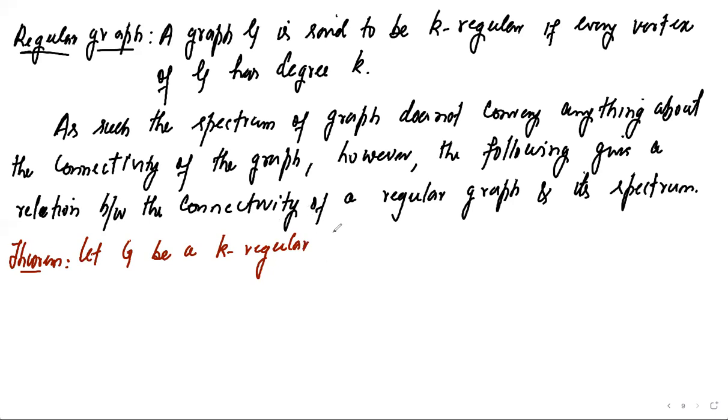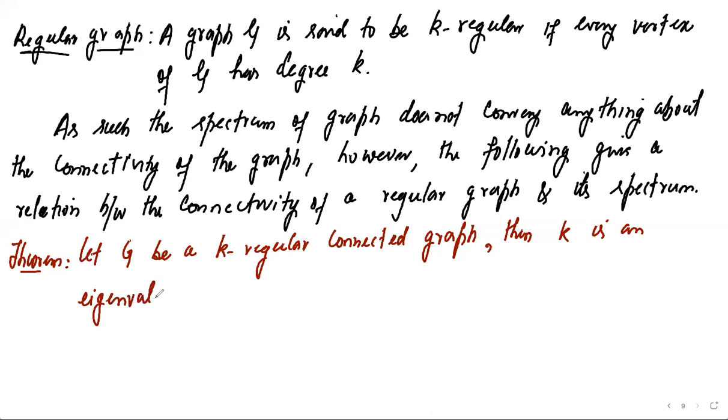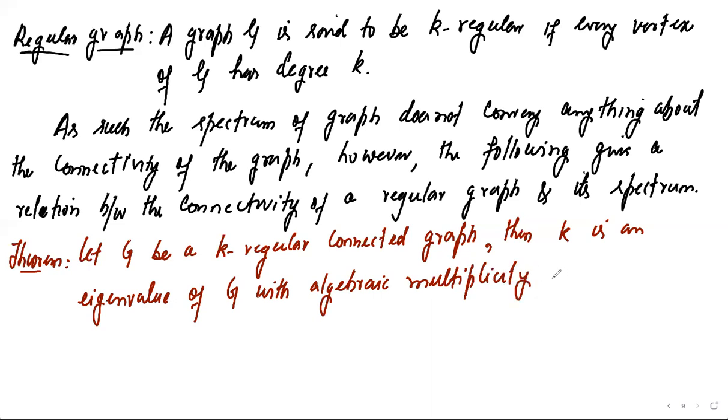Then k is an eigenvalue of G with algebraic multiplicity equal to 1,